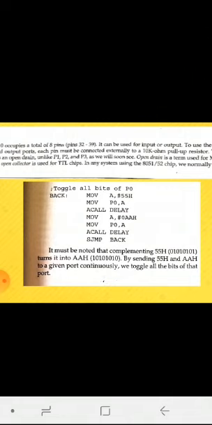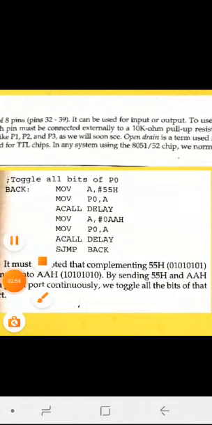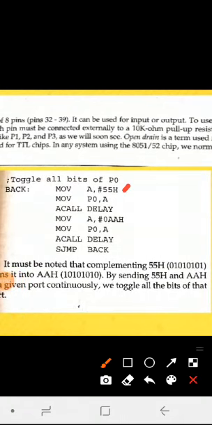the bits 55 and then AA. The ultimate goal is that you want your pins to work as input pins, so you can program them to carry only 1. Here we have written a part of the program where we are trying to send 55 and AA. You can see that 55 is represented as 0101 0101, and you are sending the data to the accumulator, from the accumulator to port 0, and waiting for a delay. After that you send the data 0AAH, which is nothing but the complement of 55.